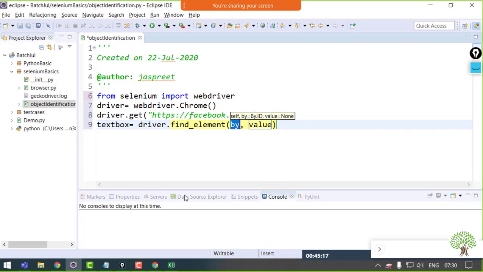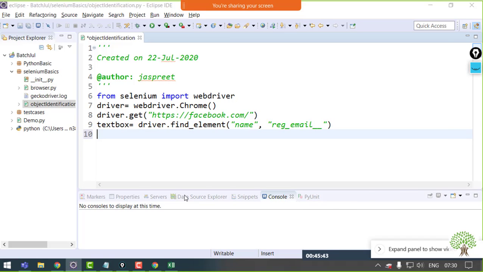This find element command is a generic command, like the syntax in Java, where you give the locator name and then you give the value. What locator am I going to use? Its name. And the value of this locator is this one.